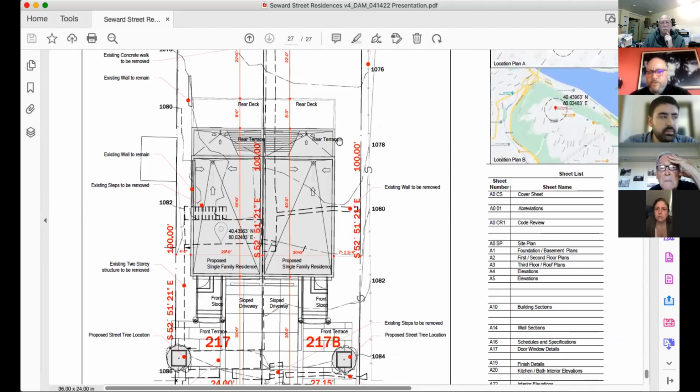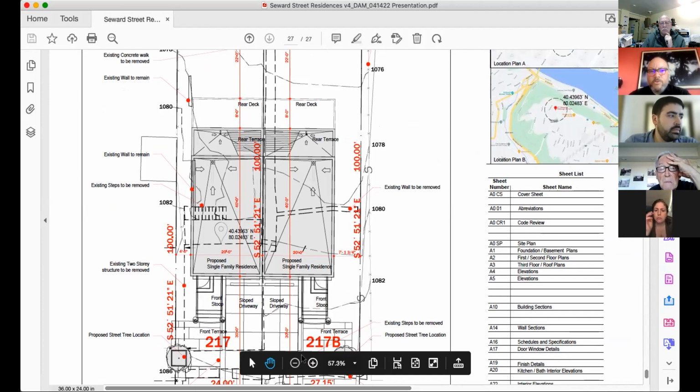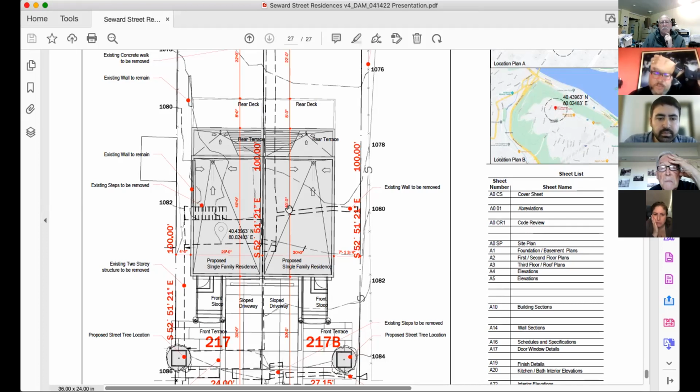So you'll see our trees at the front and the bottom left and bottom right. You'll see that we are using a side setback on the left that is 4 feet and 7 feet plus on the right side. On the right side, there is an underground utility, which is one of the reasons why we're going to the Planning Commission. We wanted to have the houses touch each other. And so that 0 lot line between the 2 properties is what we're going to ask for a variance for. Normally, we would need to have some barrier between, some space between. But because of that utility underneath the one side on the second property, we need to move the house over so that we don't impinge on the underground utilities there.